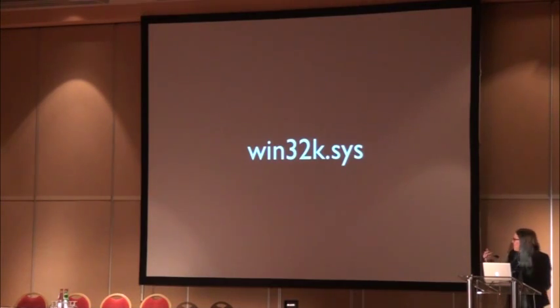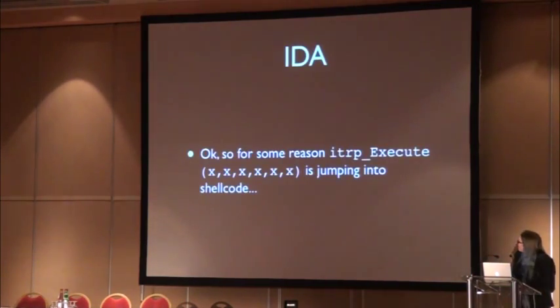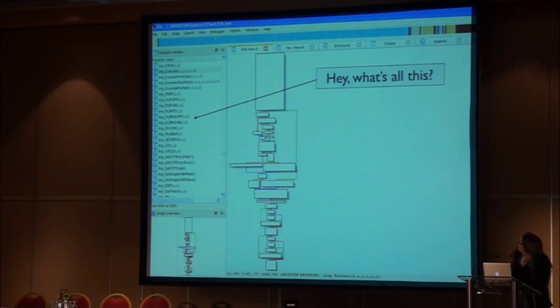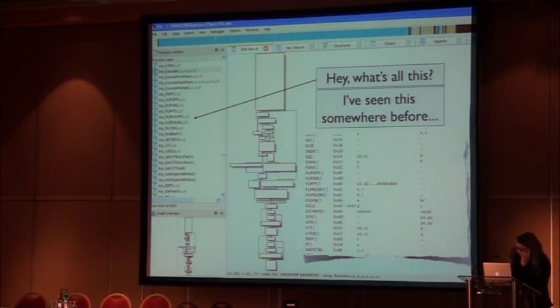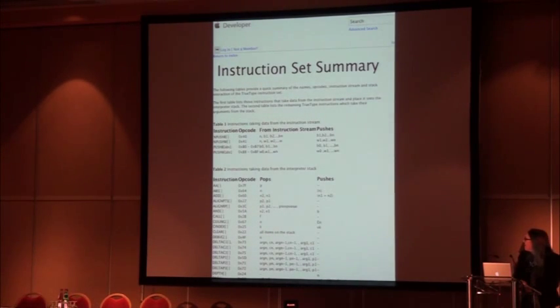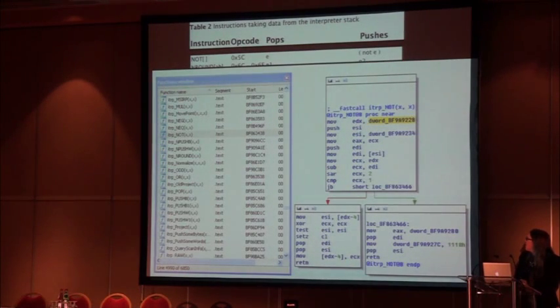So anyway, at this point, you pull up IDA and actually look at what's going on. This is what it looks like. One of the first things you'll notice is all this debugging. If you load the regular debugging symbols, there's a list of functions which are exactly the same ones that are in the TrueType documentation on Apple's website. These are all of the actual implementations for each of the opcodes, and they all basically look like this.